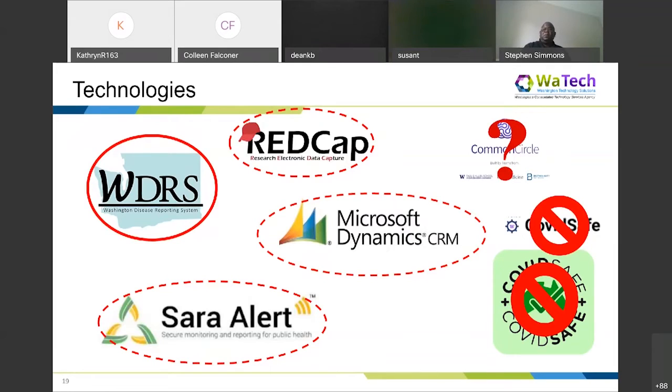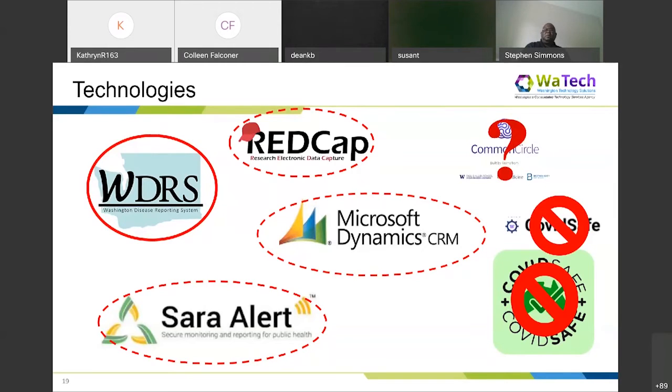So originally for the apps that are being considered in Washington, they originally named it COVID Safe, and it turns out that Australia already had a COVID Safe. And so Washington moved away from that name, and so they're no longer using COVID Safe to describe the app. They're using Common Circle, which is up there with a question mark over it. And I put a question mark for now because no decisions have been made about a use of app in Washington, but it is being strongly researched and developed. And so at this time, I'm just going to put it as a question mark.